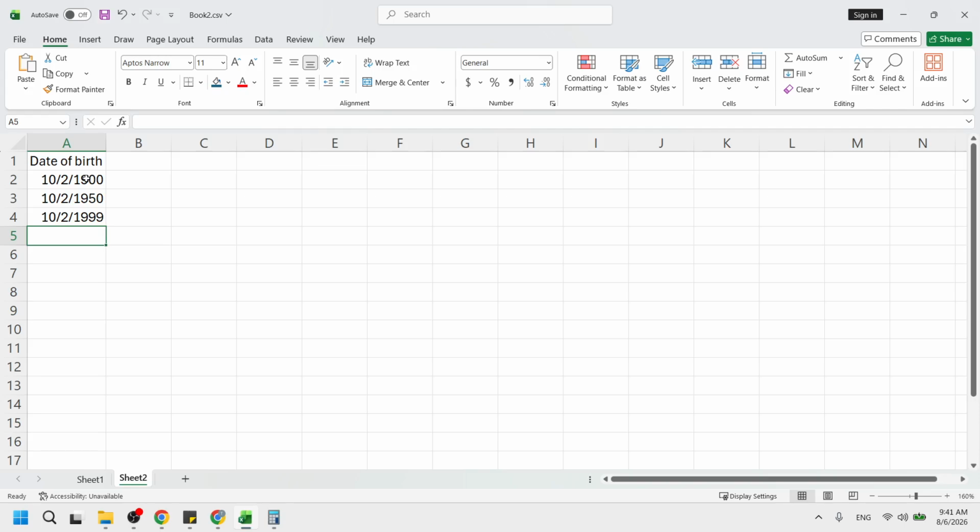Next, type your drop-down options in a neat column on the side. Pick any empty column, like column F or G, so these entries stay separate from your main data. Put one option in each cell, stacked vertically, with no empty gaps between them. For example, type option 1 in the first cell, option 2 in the next, and so on. Keeping them in a single straight column makes it easier for Excel to use them as a list.